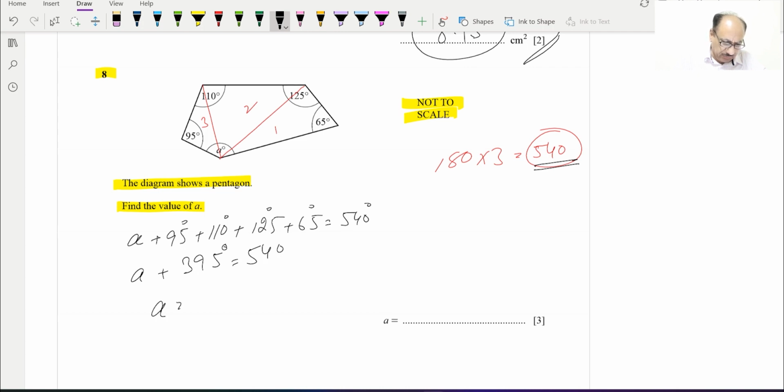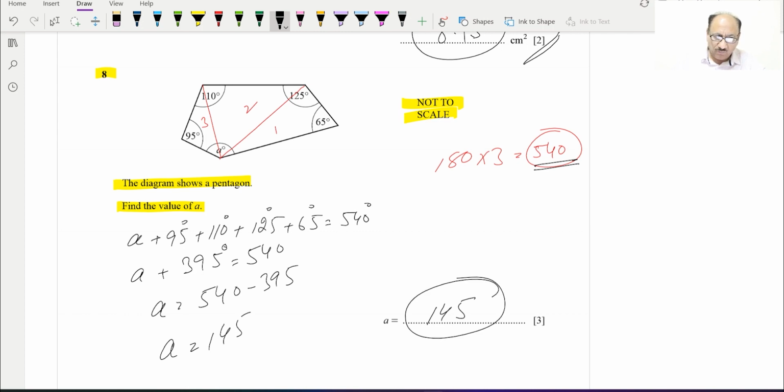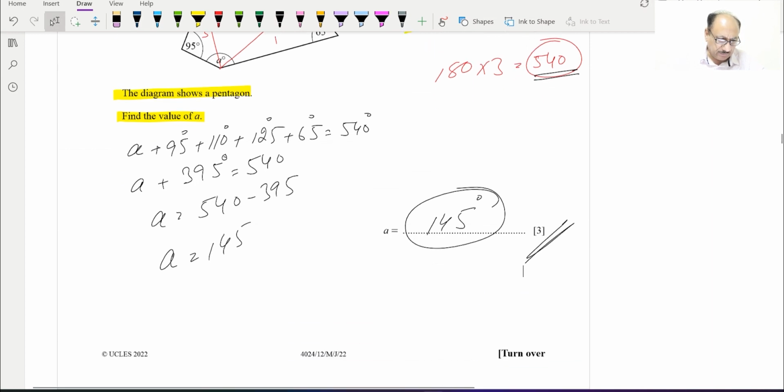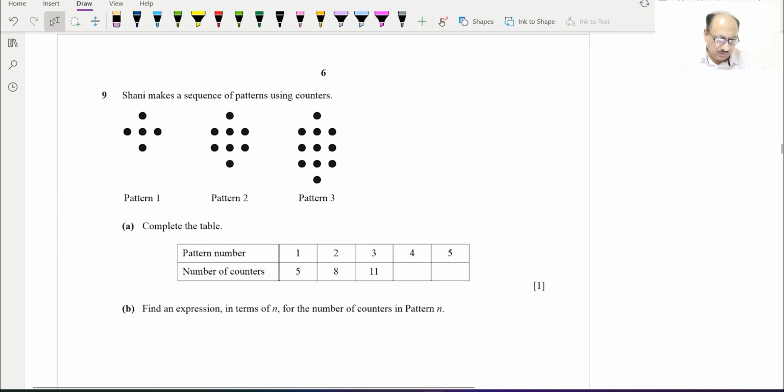So A will be equal to 540 minus 395. So A will be equal to 145. You can subtract. I'm saving time by not subtracting, and this is easier also. So 145 degrees. This will be our final answer for 3 marks. Hopefully you understood this. Now here comes question number 9, and question number 9 says